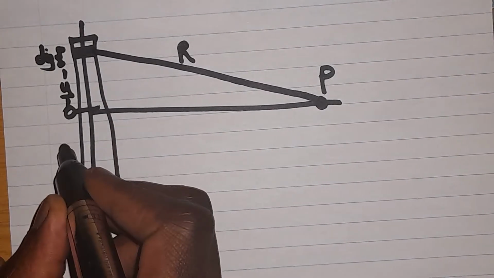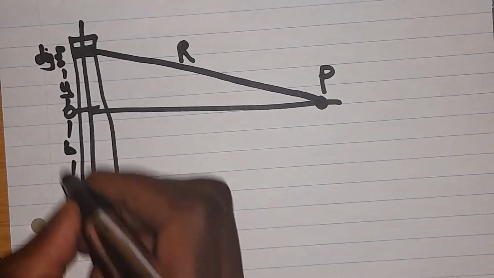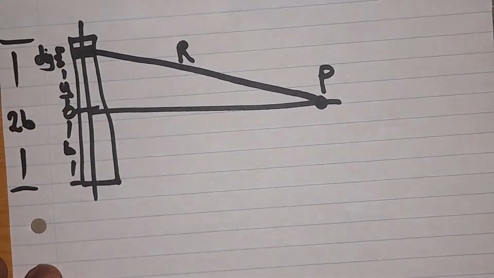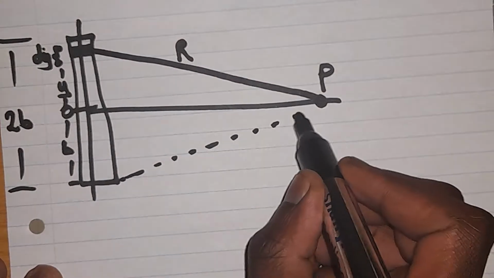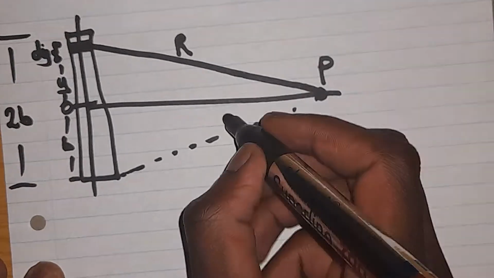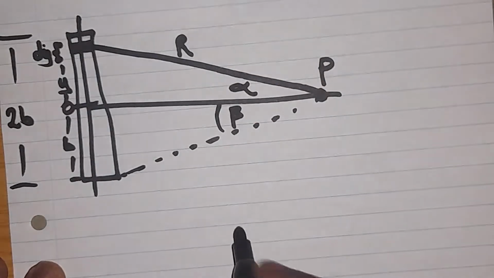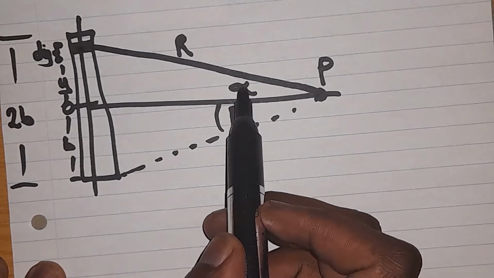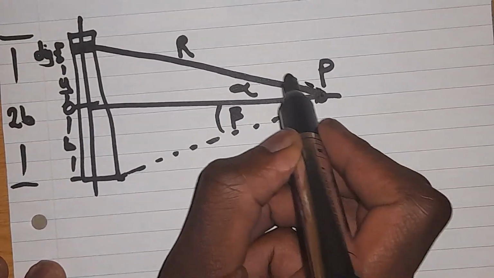Then we can say from the center to the end of the rod, we'll say that's b, meaning the total distance of the rod will be 2b. Then we have this line here from P to the end of the rod, which will be the same from P to the end of the rod that side. We can say the angle here is angle beta, the angle here is angle theta, meaning from P to the element dy, it's alpha. Then from P to the end of the rod, it's beta,